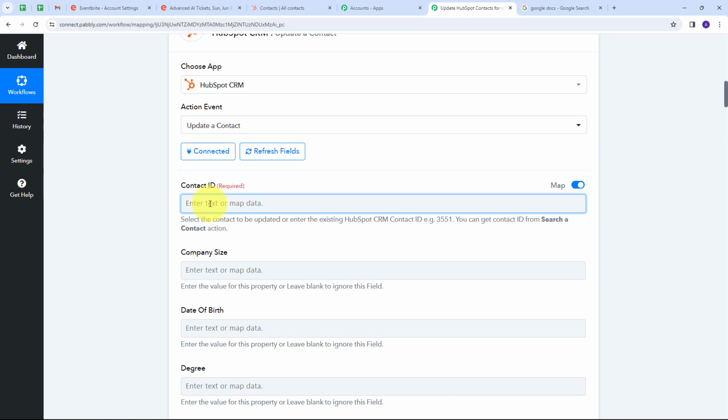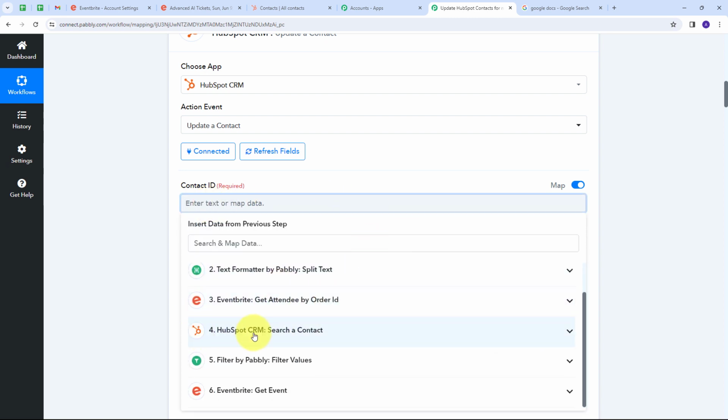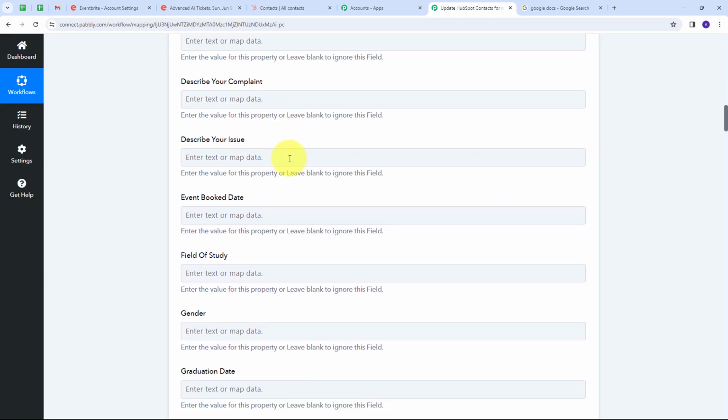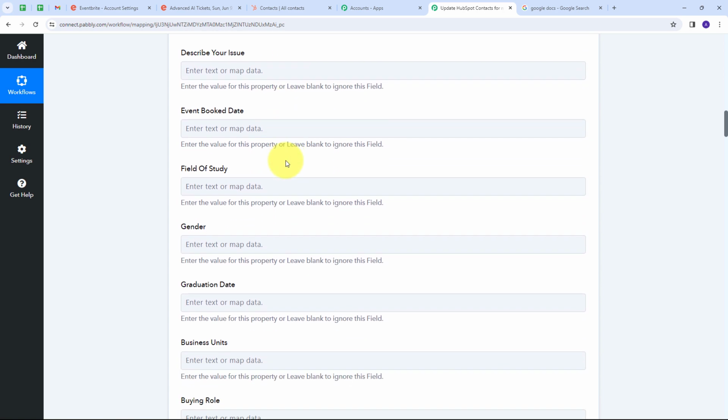So I'm going to click here. I will open the response of HubSpot CRM. And this result ID is also my contact ID. So I'm going to map this. And now what I need to do is update my event book date in my HubSpot CRM